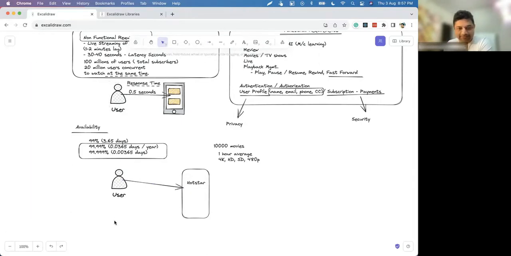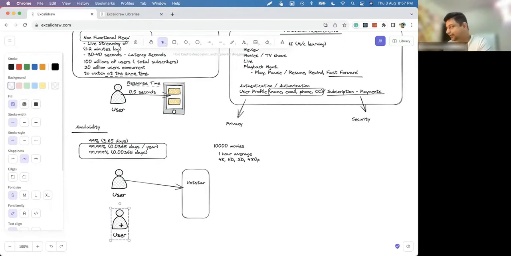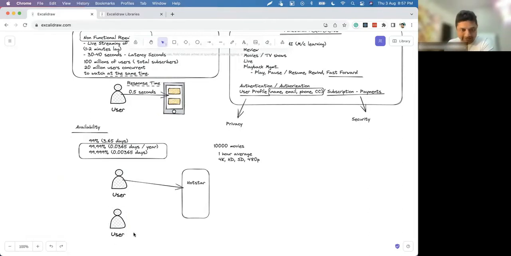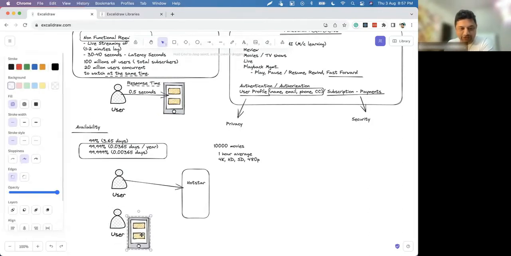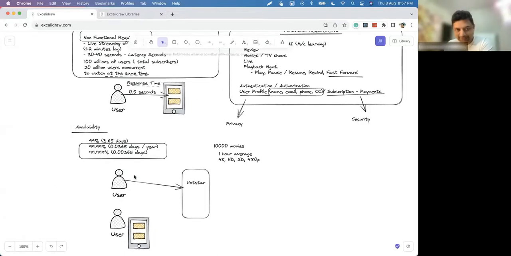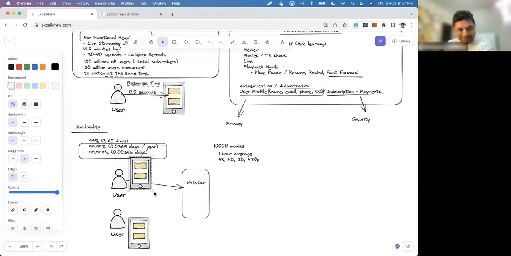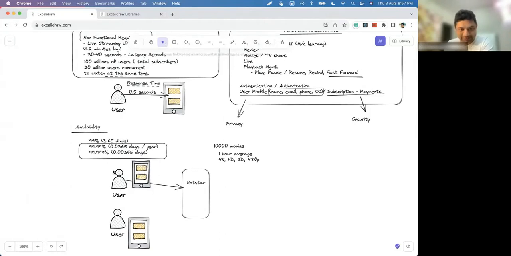At the same time, say Ramesh is also there. He is watching this content, and he has an iPhone 14 Pro Max. And maybe Arun has a Redmi.